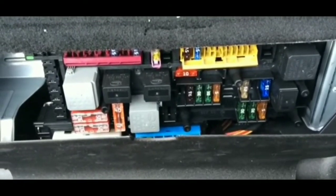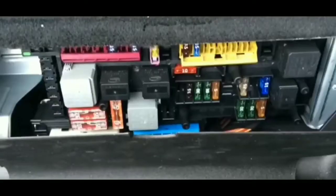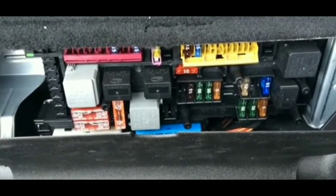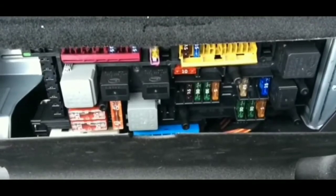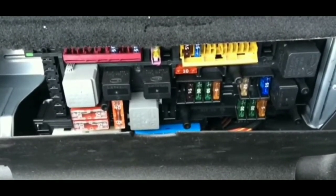Sometimes, depending on what you have on, it's 13.6, 13.7, all right? So obviously, when that message comes on, it's your battery is not being charged, or it's not being charged to the point where it could top off. So maybe theoretically it could be charging at like 13.2, 13.0. One of those voltages where it's enough to run the car, it's enough to run your vehicle, but unfortunately, it's